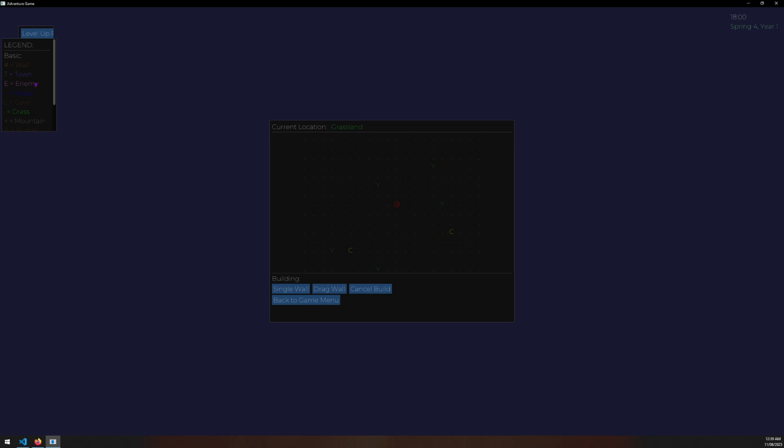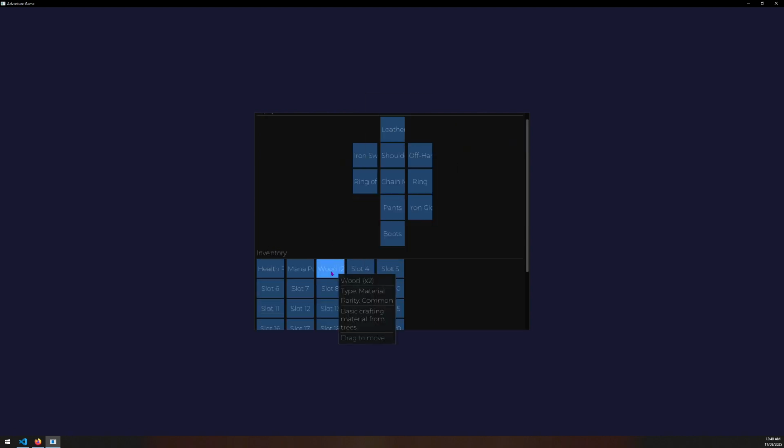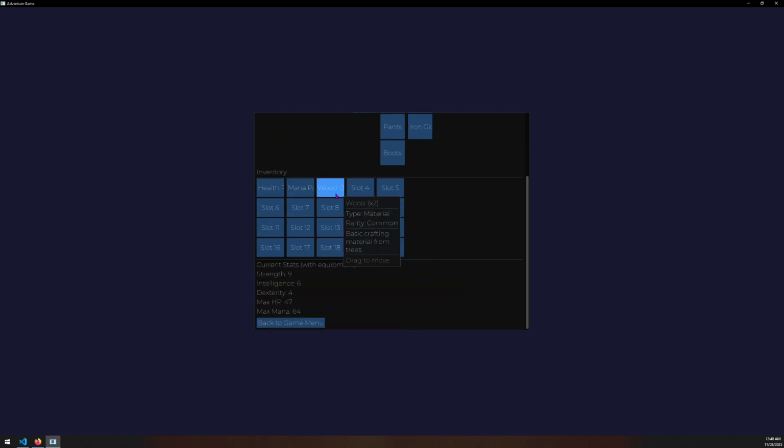But yeah, no, so if I look at this, Y is tree. You can go up to your tree and you can cut trees if you want. It has a little, again, ImGui, little progress bar. Obviously this looks a bit weird, but you can collect a resource. And if you go back to your inventory, you can see that wood is now here. Luckily you can't click it and you can't drag it to anything, but this isn't going to be,